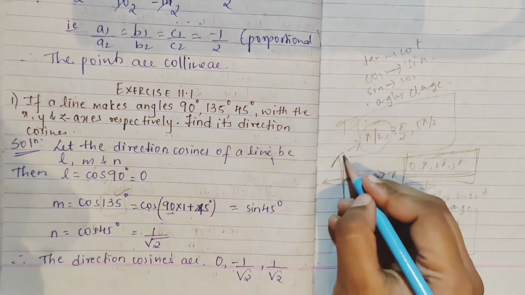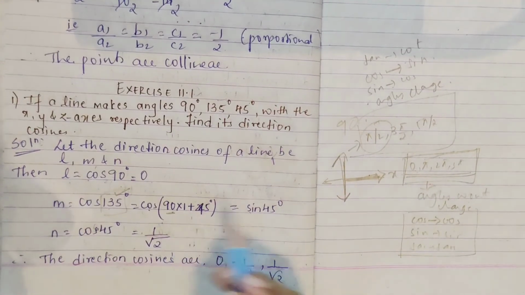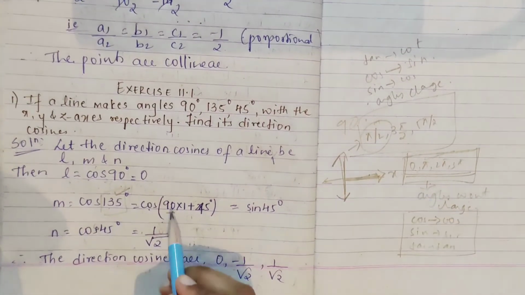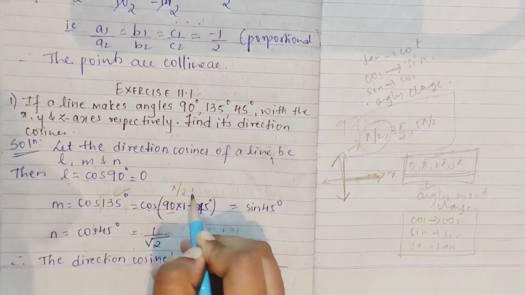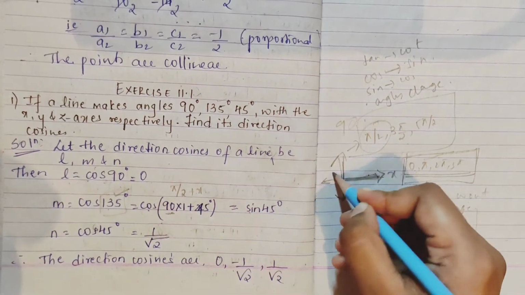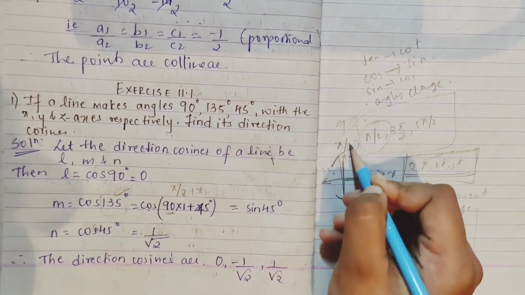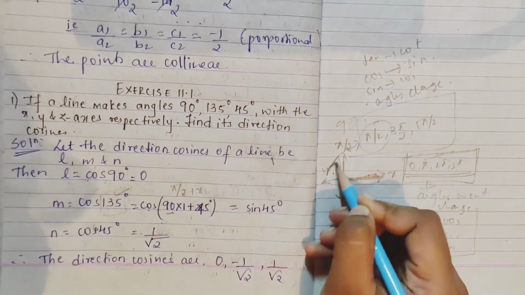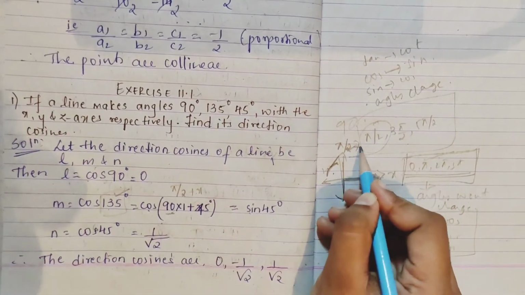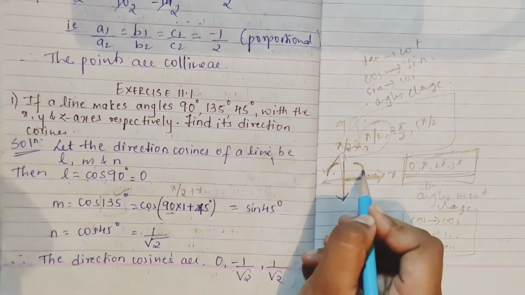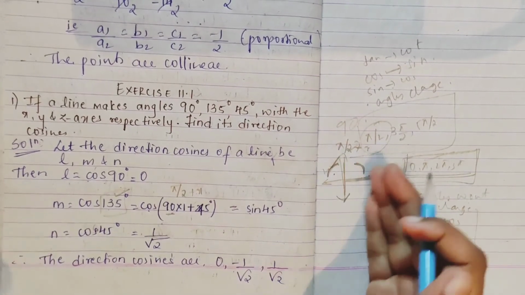Here, accordingly by quadrant, if you go 90 plus x, this is pi by 2 plus x. Pi by 2 plus x means it lies in your second quadrant, right? So this is your pi by 2. If you are adding, it comes in your second quadrant. If you are subtracting, minus x, it lies in your first quadrant. You can go in this way.